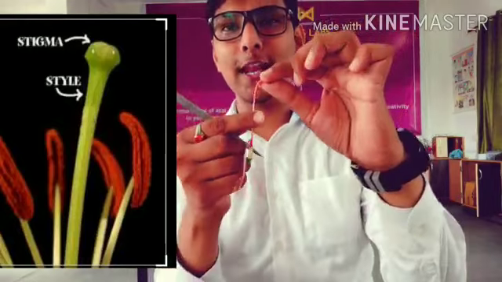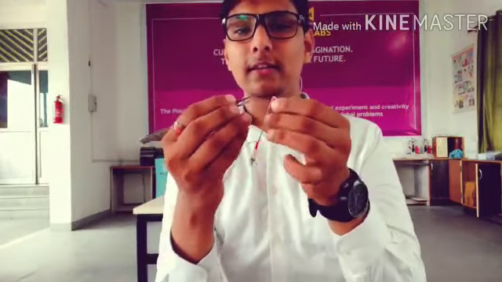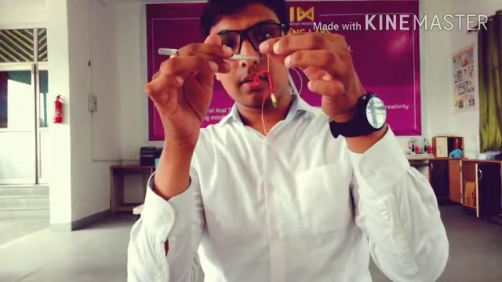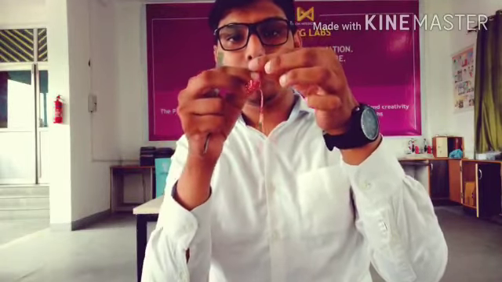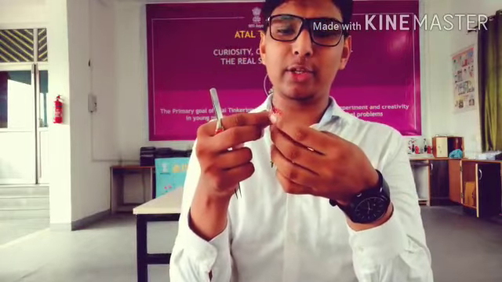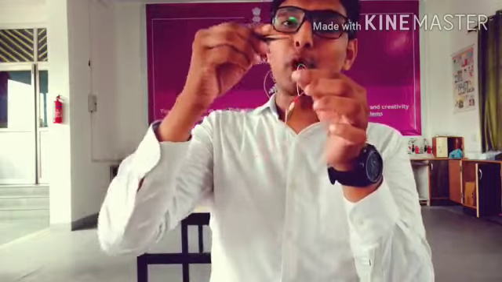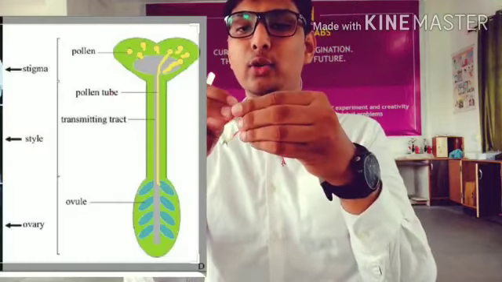You have to fold it like this. Once you fold it, the style will come up and you can easily catch it. Okay, now I have got it. Are you able to see this one? Just think about it. This is so small, not small basically, I should say so thin. And inside it the pollen tubes germinate, which reach the ovary. It goes up to the ovary.